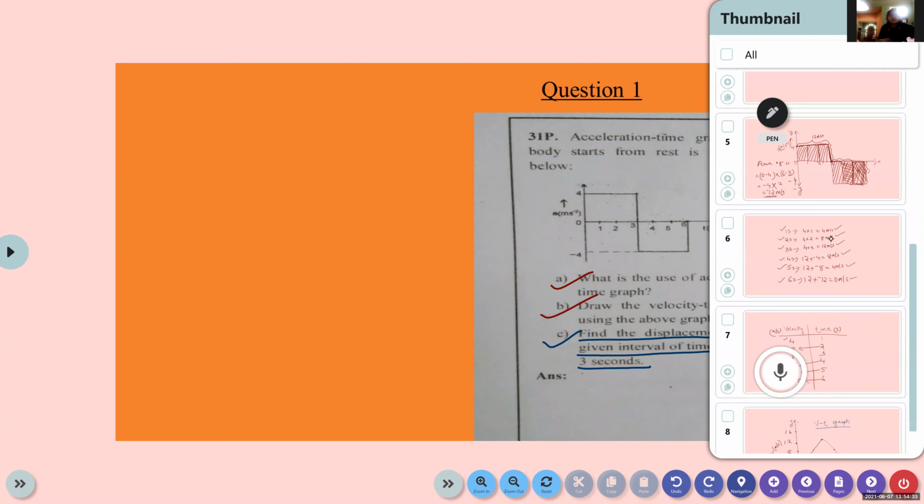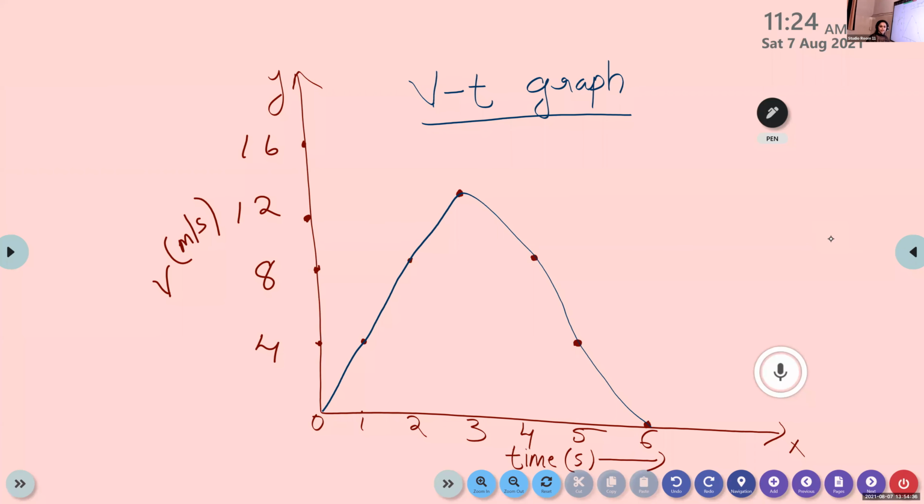Yes, here we have the velocity time graph. So we can find out the displacement from a velocity time graph. We want to find out the displacement from 0 to 3 seconds, that is up to this region. How can we calculate the displacement? Displacement is given by the area under the graph. So here we only need to find out the displacement up to 3 seconds. Area under the velocity time graph gives displacement. Very good.